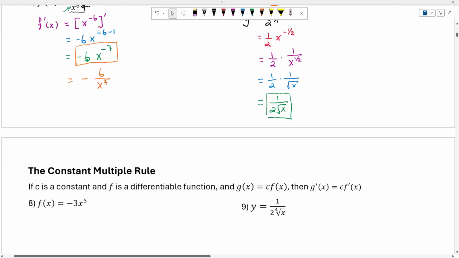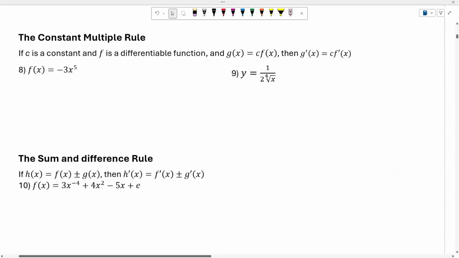Okay, so now let us continue. The next example that we have is related to the constant multiple rule. Now, with this one, a lot of students, when they see a constant, feel that when they take the derivative of the constant, it is equal to 0. In fact, it is correct. However, if you have a constant multiplied by a function, then this is not the case. Let's see how we actually work with this constant multiple rule.